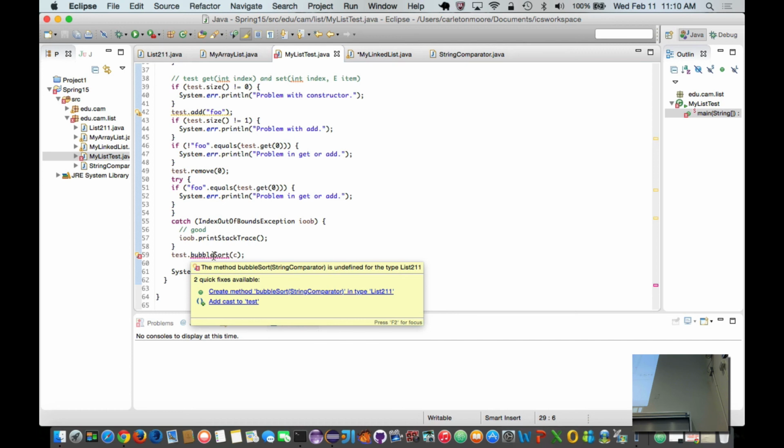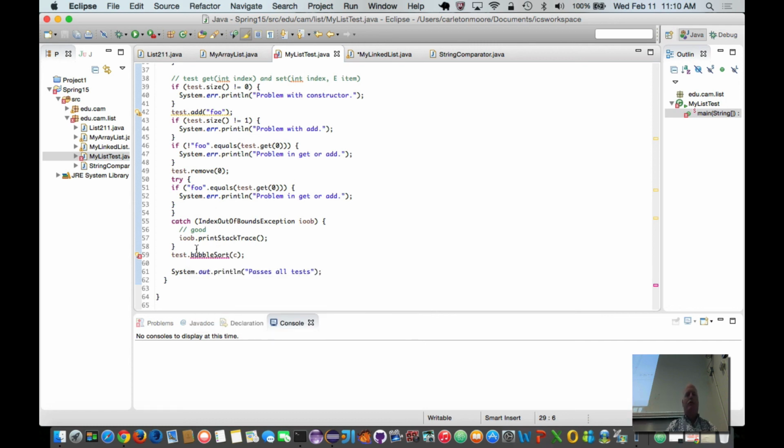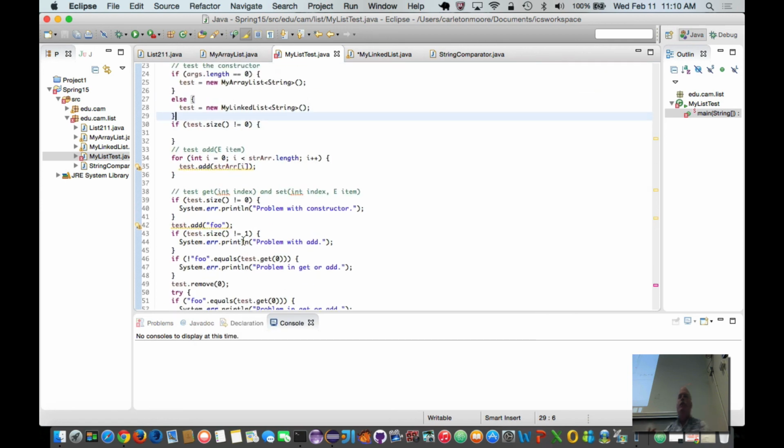You could add it to the interface, but then that's actually not right. I wanted the interface to reflect a list. A list doesn't have the concept of sorting. The list that we implement adds the concept of sorting. So that's a problem, but we could get around that. But the idea would be I can write the test cases and use either of my lists and it will work. So if I did it back the way I had it,